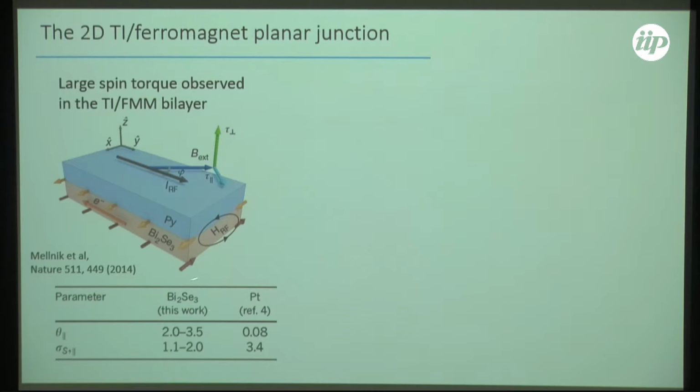And moreover, the experimental results suggest that the efficiency of this spin torque, this magnetization switching, can be comparable to or even larger than the prototype cobalt-platinum systems. So this seems very exciting, because it seems that this kind of topological spintronics can even compete with the usual